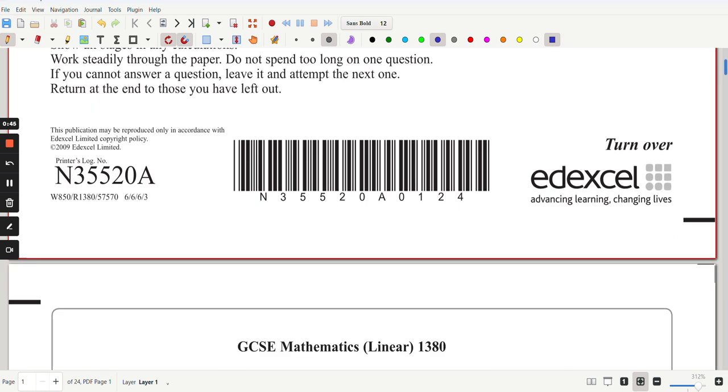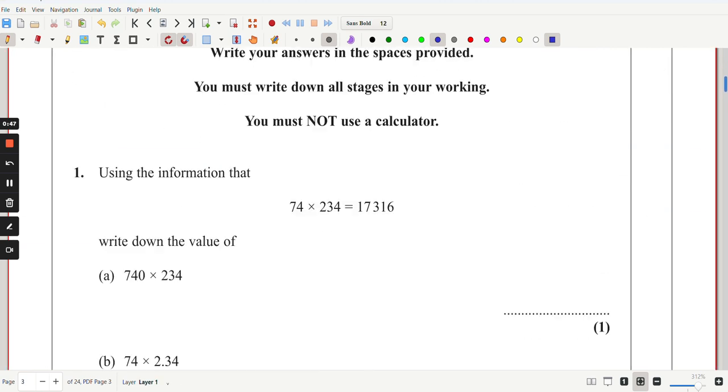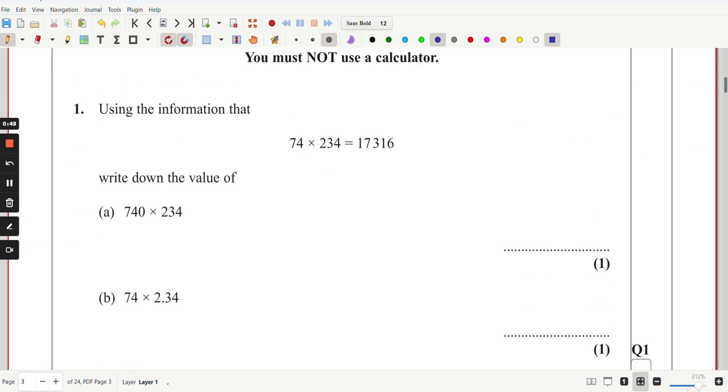Let's start with question number 1. The question says, using the information that 74 times 234 equals 17,316, write down the value of